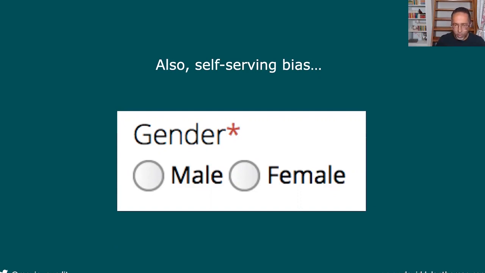If I'm doing something on a computer and something goes wrong, I'll blame the computer. And if something goes right, I'll blame myself, unless I've given the computer a lot of personal information. The more personal information I give the computer, the more likely I am to blame myself if something goes wrong and the computer if something goes right. So we need to be very thoughtful just how often we ask for personal information, because the more we do it, the more we might be creating this unhealthy dynamic between people and their technology.